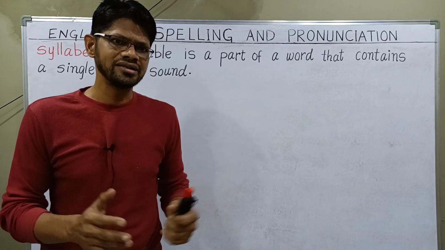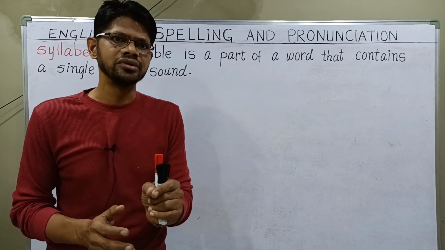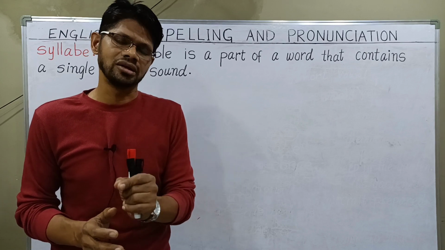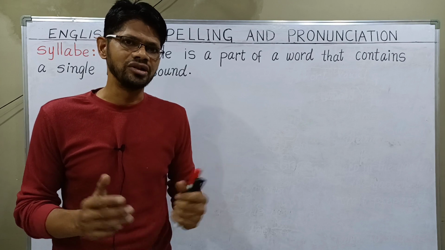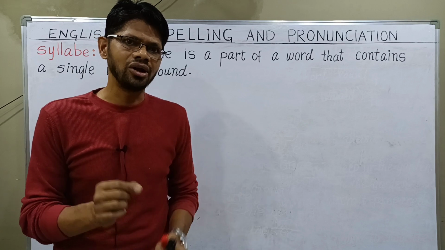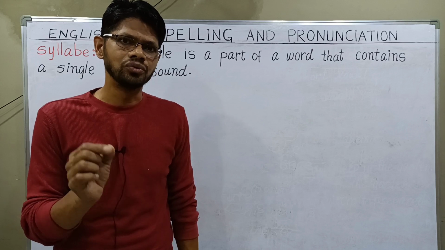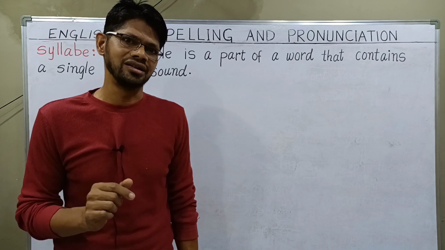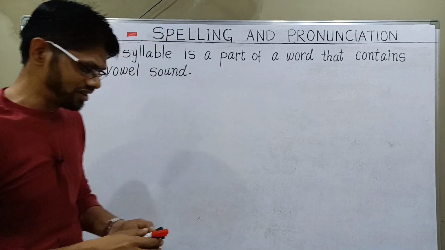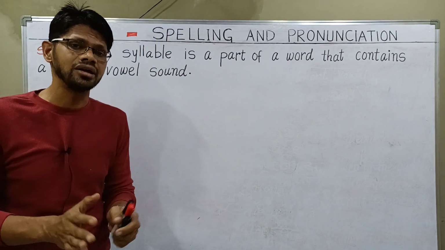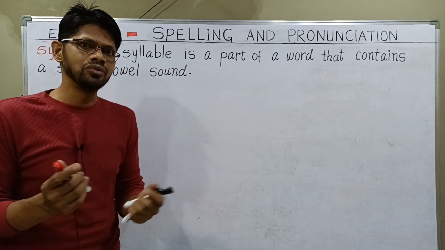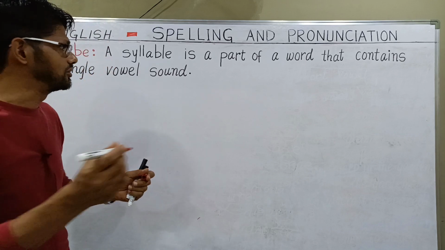Okay. So let us learn sound or beat. You can say sound also, you can say beat also, B-E-A-T, beat or sound. Which sound? Vowel sound. Vowel sound को हम word में vowel sound को syllable कहते हैं. Okay, let us learn with the help of examples. First of all we should know how many vowels are there in the English language. So let me write first